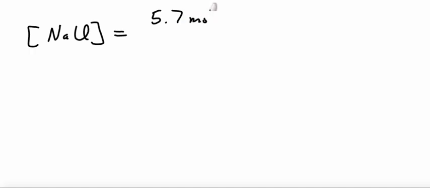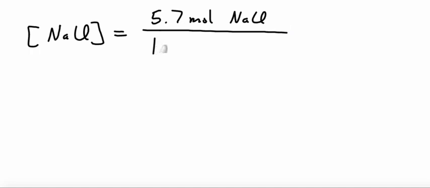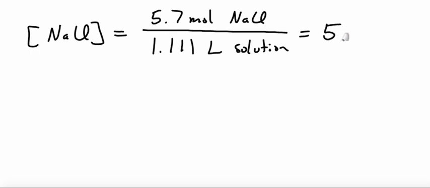So the concentration in molarity for our sodium chloride is going to be the number of moles, 5.7 moles of sodium chloride, divided by the total volume of solution, which we said was 1.111 liters of solution. And that is going to equal 5.1. I'm going to round a little bit here because our initial data was only 2 sig figs. So we end up with 5.1 molar, and remember that we started with